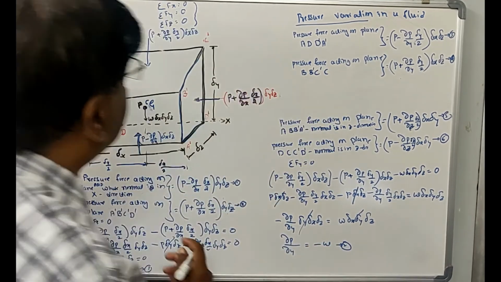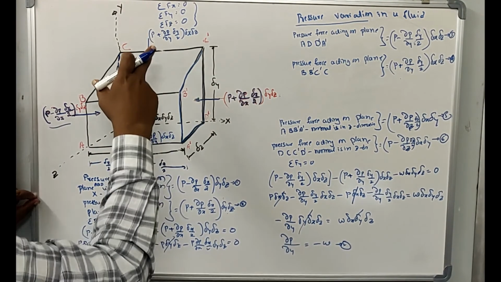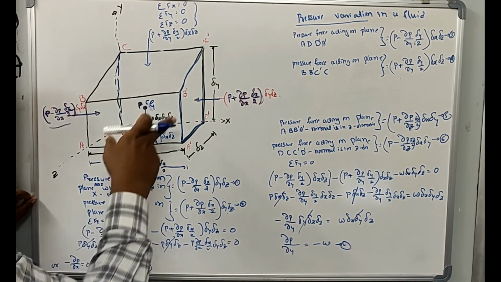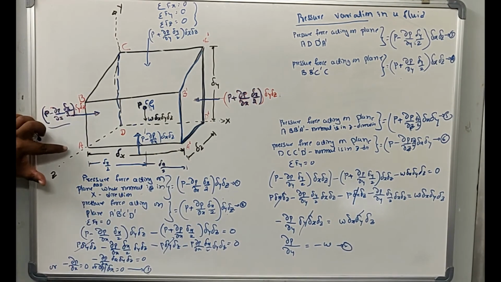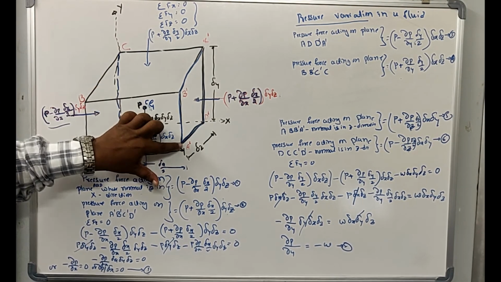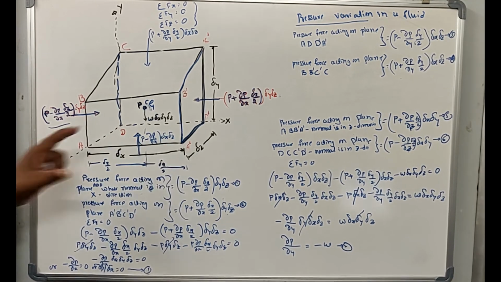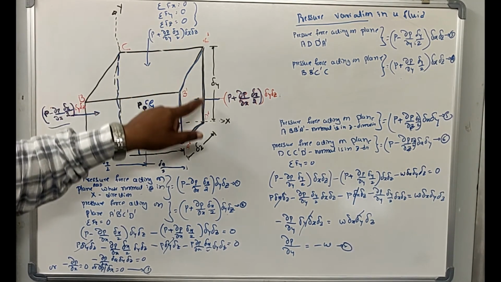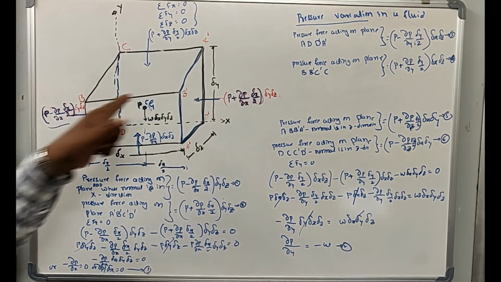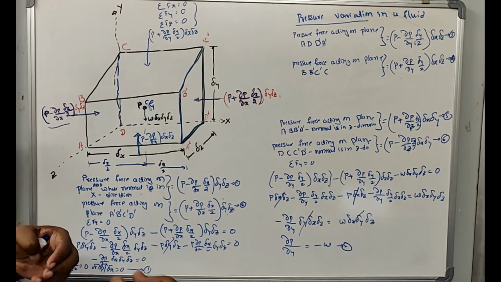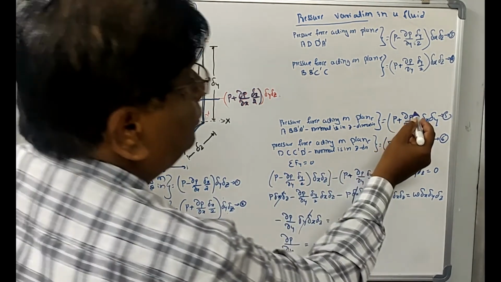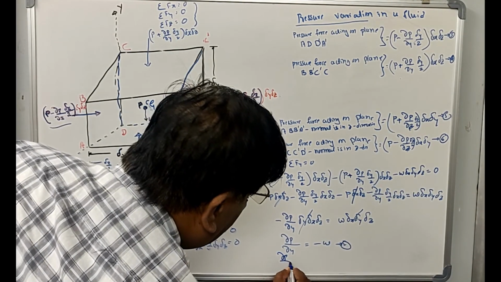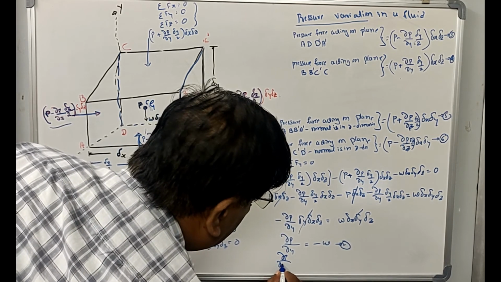Okay, let us consider the third equation, sigma Fz, the sum of the forces acting in the z direction, or on the planes whose normal is in the z direction. That is the plane A, B, B dash, A dash. This is a plane, its normal is in the z direction. Similarly, another plane is D, C, C dash, D dash. This is also a plane, normal is in the z direction. So the pressure forces acting on this are these two. So repeating the same procedure, you are going to get ∂P by ∂z is equal to 0.